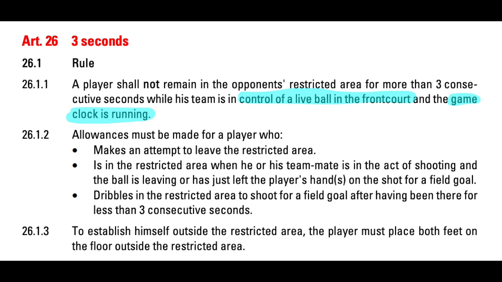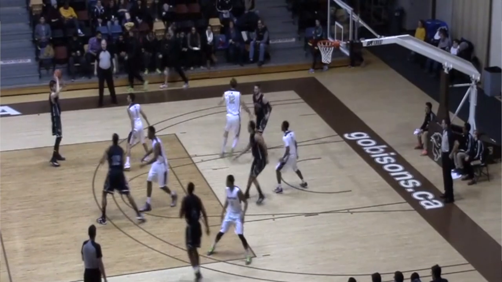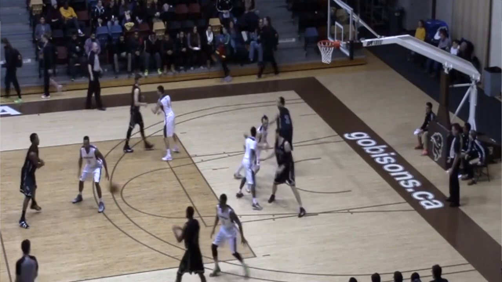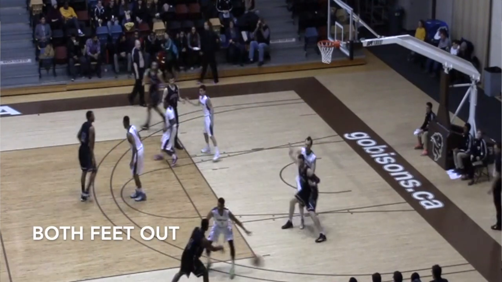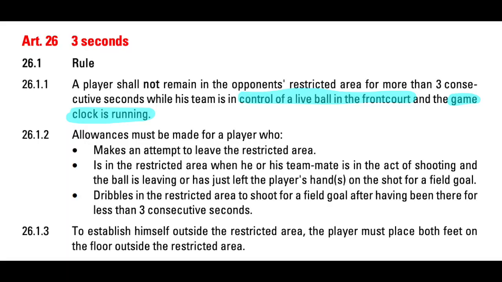And finally, to establish themselves outside the restricted area, a player must put both feet on the floor outside the restricted area, which you can find in the FIBA rulebook, which is the key, the basketball key, where 3 in the key occurs. They have to put both feet on the outside, and if they do 1 foot and lift the other, that's not a big deal, simply because they have cleared the key and they're not officially in the key, since 1 foot's outside and the other one's in the air. They're not in the key. In order to be in the key, your feet have to be in the key, not your arm or your head or your body hovering over the key. You have to be physically stepped into the key.